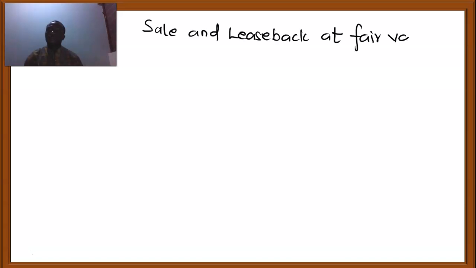Alright, so in a sale and leaseback transaction where the sale is at fair value, you go through 5 steps in order to record the transaction on the date the transaction took place. So we have sale and leaseback at fair value, and the condition is that the sale meets